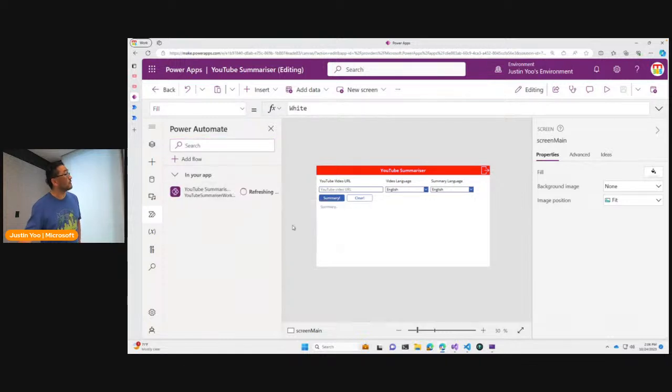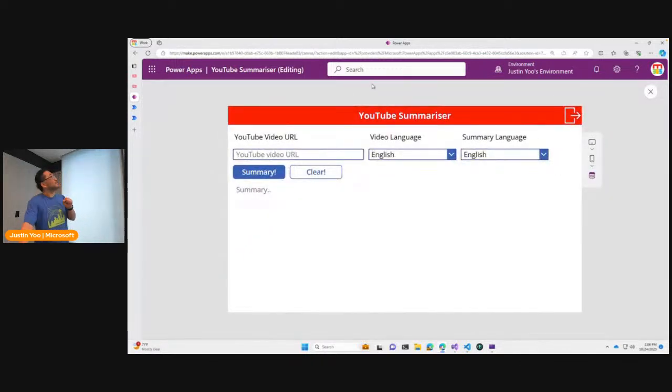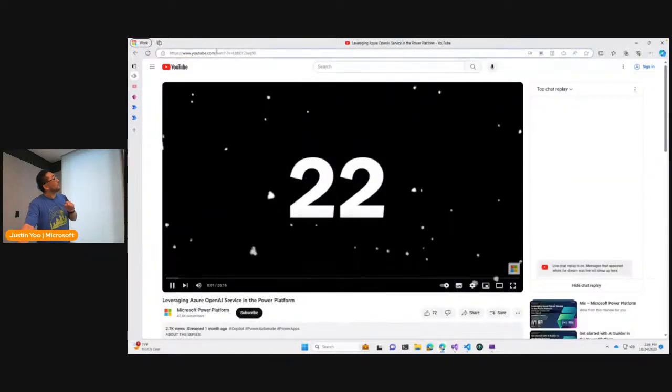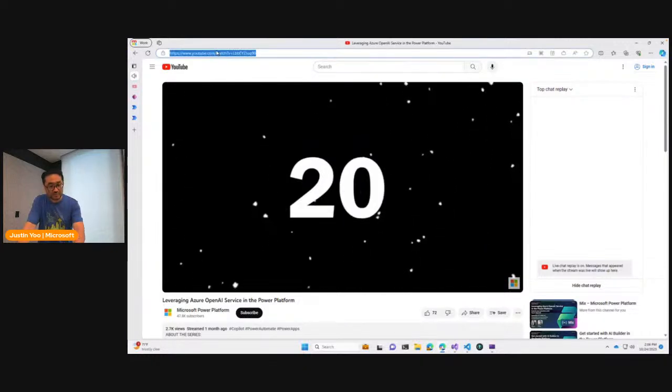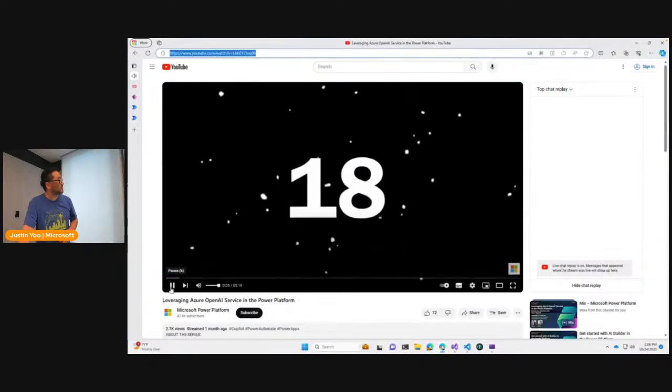So we need to refresh it. Then it will update this Power Apps application. Now, once it's done, let's try to run this application again. So use this application, this URL